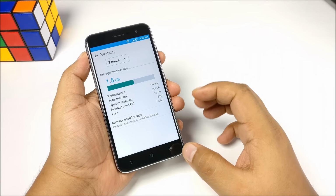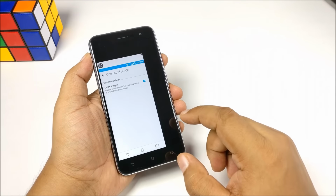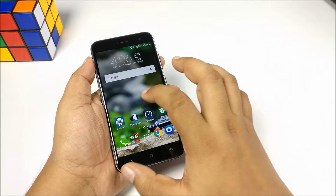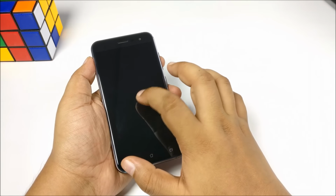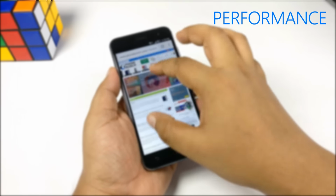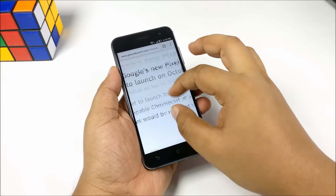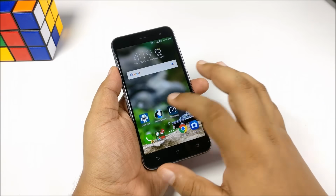Now you also have the one-handed mode, which isn't that useful on this phone, but you do have some gestures like double tap to sleep and wake, which I really found more use for. And really, the performance on this device is actually quite good. Web browsing worked out great, apps do open up quickly as well, and you don't notice any lag while switching